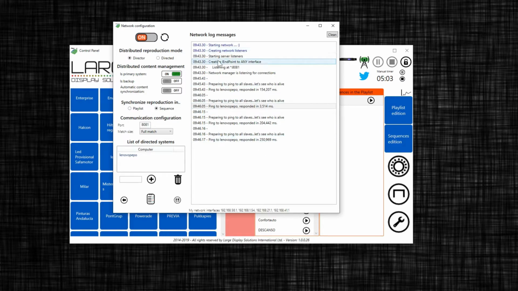So let's go to the synchronization. Here we will set automatic content synchronization turned to on. This means that when you change the playlist or you change the sequences, automatically will synchronize the content of the two computers, right? So here in this moment we can click the synchronize button or just save the sequences or playlist, will be the same. But for simplification we will click here the synchronize button. Now look that in the second computer we are going to receive